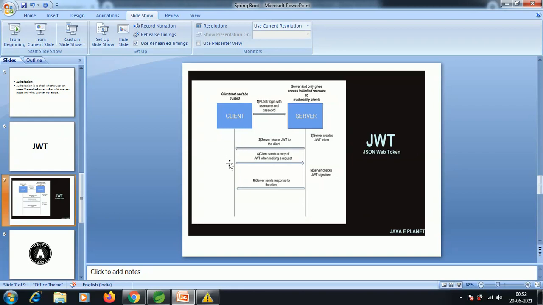After some time, when the client wants to send another request to the server, it will already have that JSON Web Token. The client will send a copy of the JWT token to the server with the corresponding request.